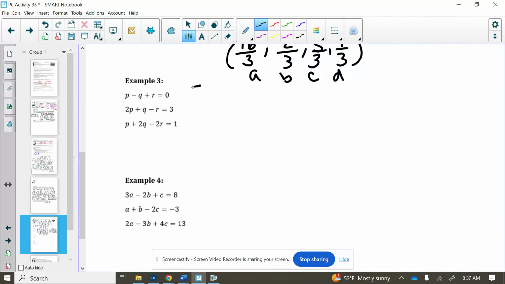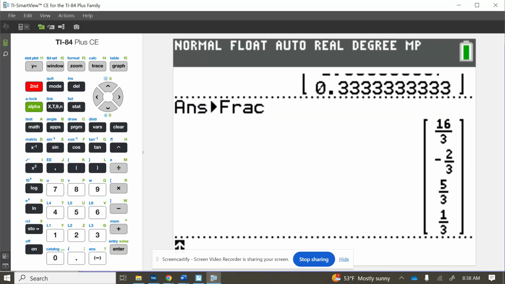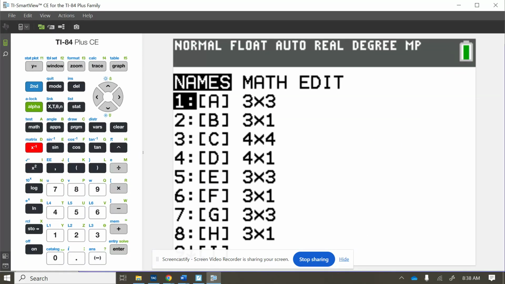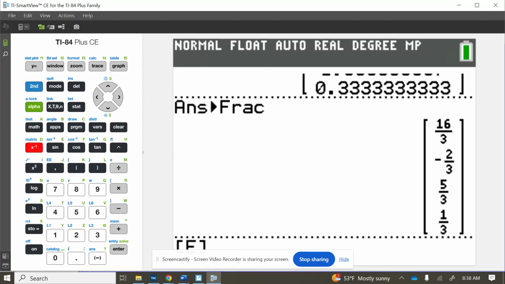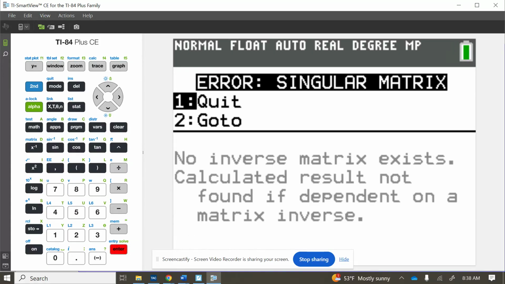Now in example 3, we have P, Q, and R that we are solving for. They are 1, negative 1, 1, 2, 1, negative 1, 1, 2, and negative 2 to solve for P, Q, and R, and that will equal 0, 3, and 1. So again, as we start solving this time, okay, I typed these in this time as E and F in my calculator, and if I take E inverse times F, my coefficient inverse times my constant,